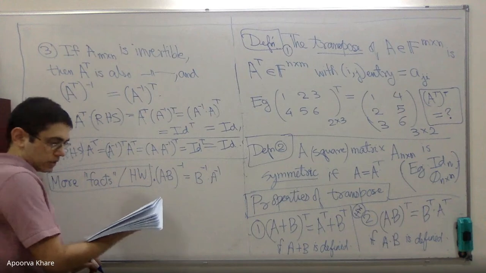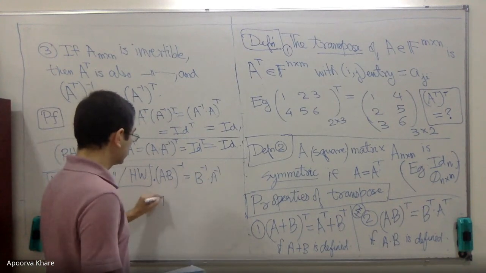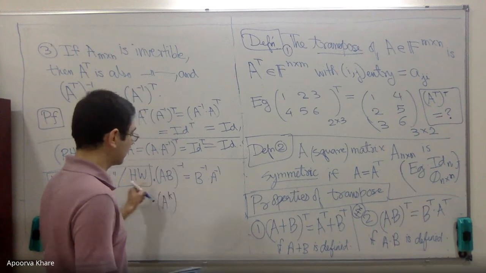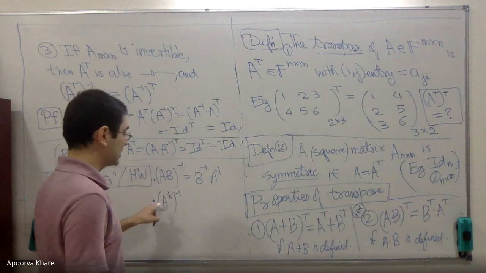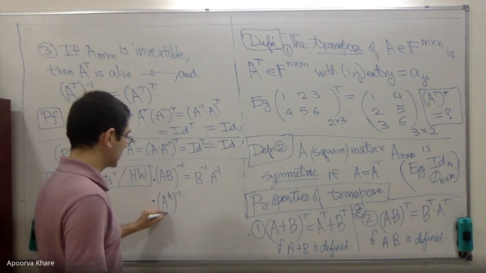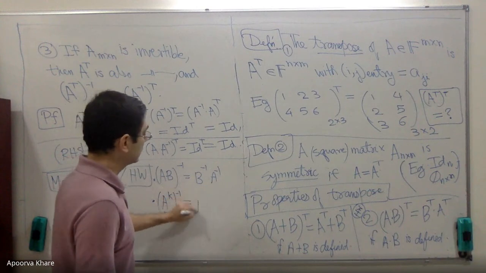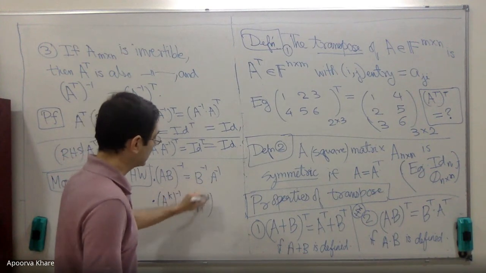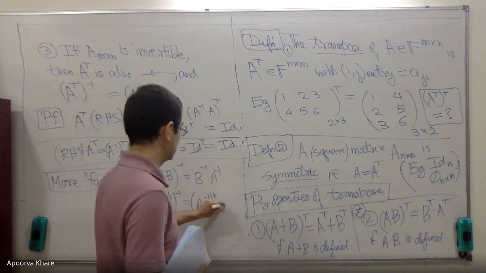Another is C times A. Well, from this you can already deduce that if you take the kth power, so you can multiply A, B, C, D, E, F, G, or A, assuming A is square, of course. Here I need to say A is n cross n. If you take the kth power and A was invertible, then the inverse of the kth power is exactly the kth power of the inverse, for all k bigger than zero.